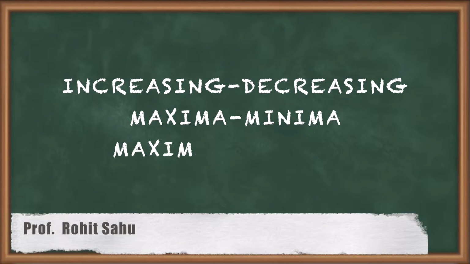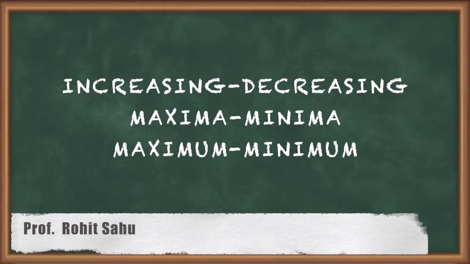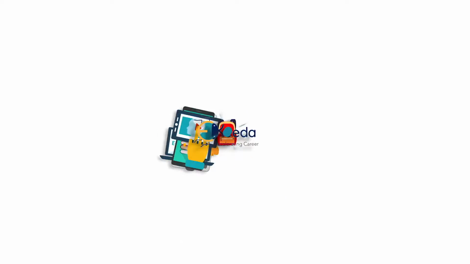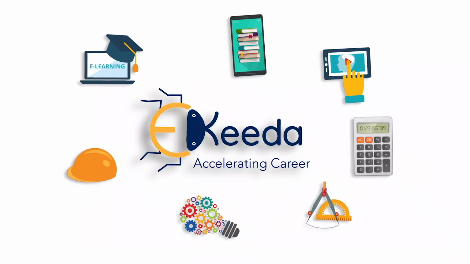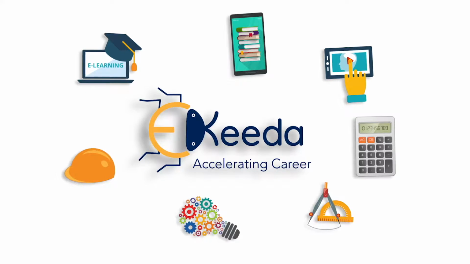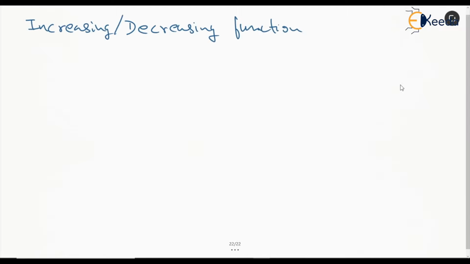Increasing, decreasing function, maxima, minima, and absolute maximum and minimum. So let's start with increasing and decreasing function. So let's say if we have a function which is continuous and differentiable in an interval, let's say